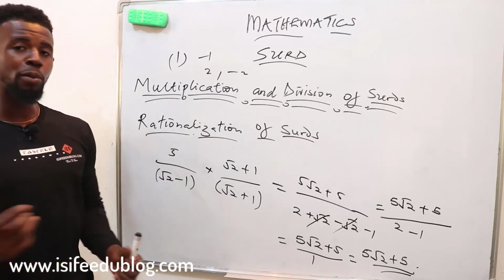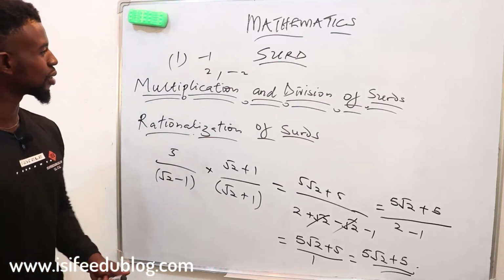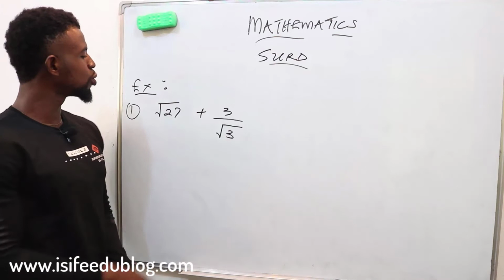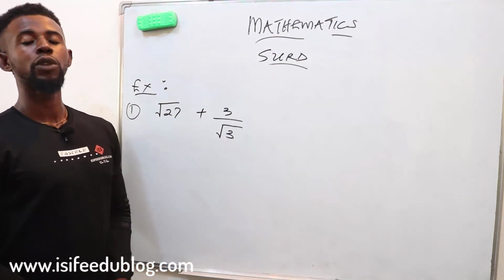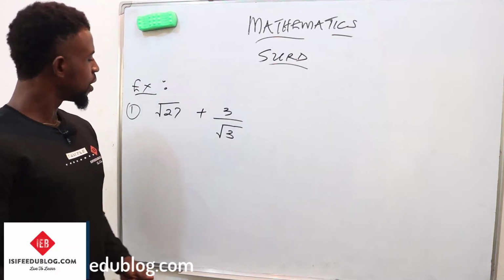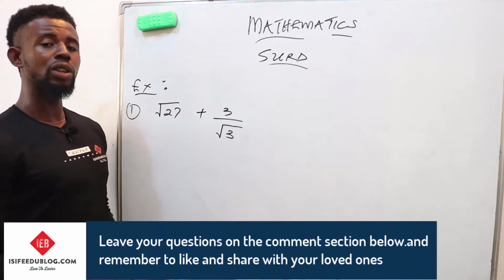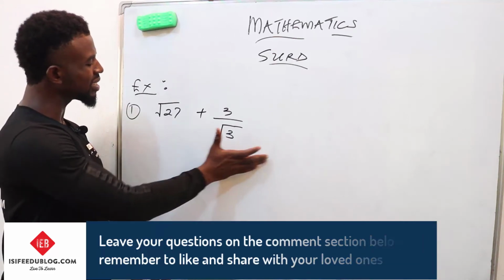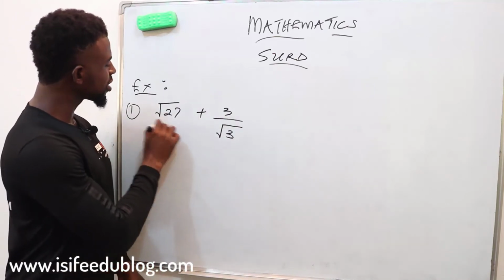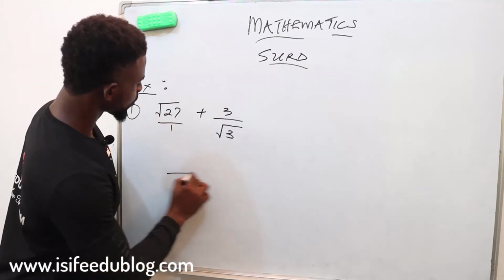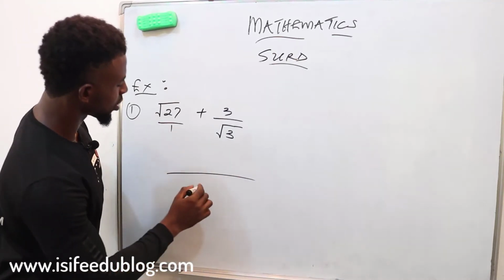But before we shut down, let's look at 1 or 2 exercises on SURDs. The first exercise we'll be looking at will be root 27 plus 3 all over root 2. Now how do we start solving this? Now this addition, so the first thing to do is to carry out this additive operation. So let's add this first of all. So this is root 27 all over 1. So we'll draw our fractional line. The LCM of this and this is